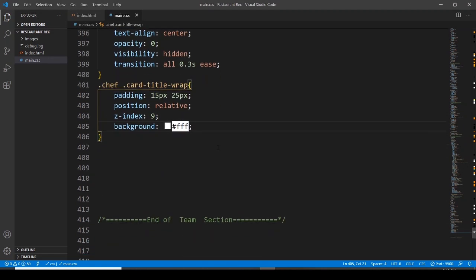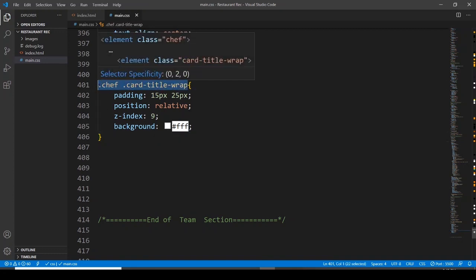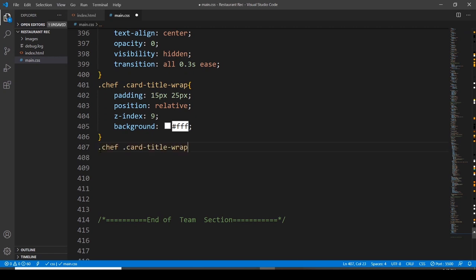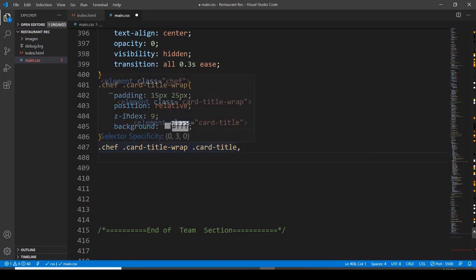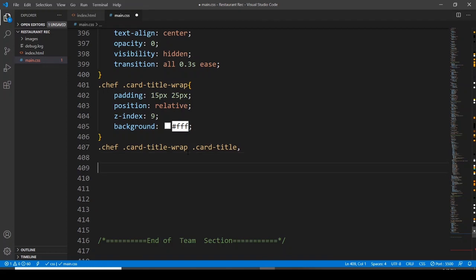Then we have to do what? We have to do the title. Let me check, padding is this, position, z-index, background. Now I have to get the same class. Let me get it, copy it, paste it, the same selector, and I just want to say card title, and then let's save this. Sorry, let me copy this class again,